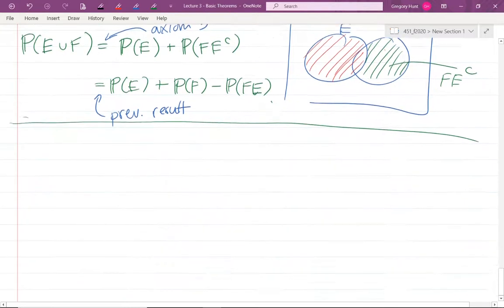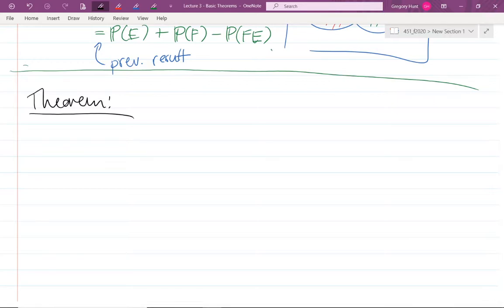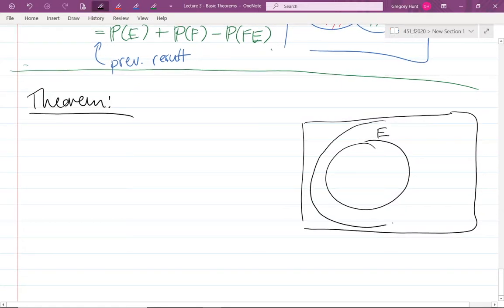Okay. So let's keep chugging along on some of these basic results. So here is a theorem. And this is another kind of theorem that we have some intuition on. And the intuition is mostly right. So let's consider two events. We have one event E, and then that event E is contained in a bigger event F. Now, if probabilities are like area, so that E is contained in F, and they're both subsets of the sample space, so they're both events,